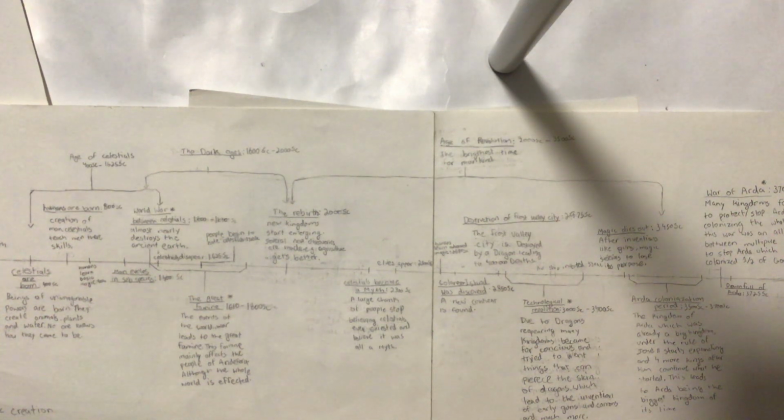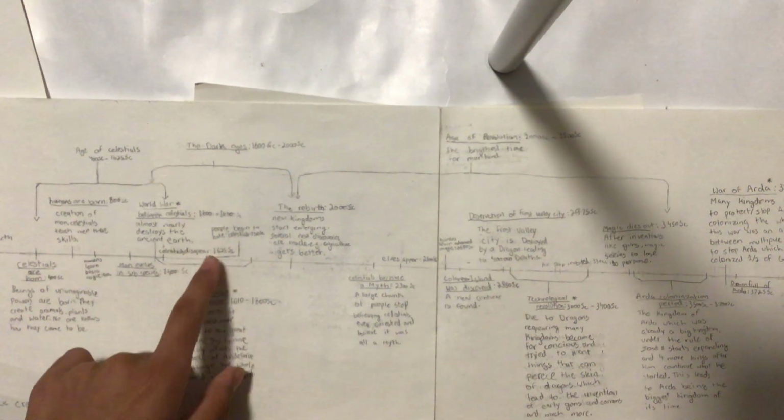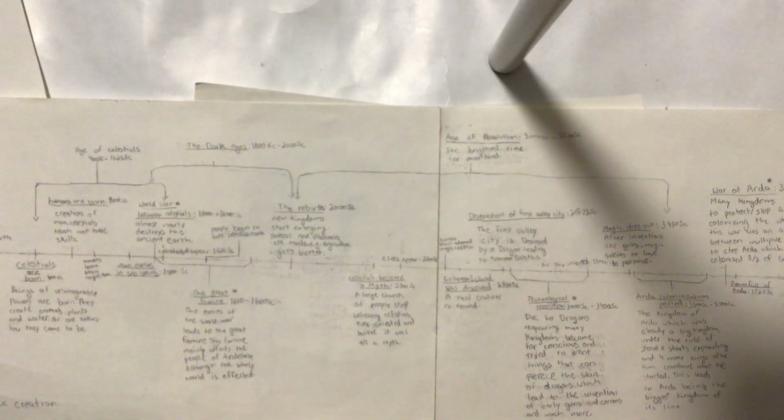Celestials. Oh, by the way, during the Great Famine, towards the end of it, people begin to hate Celestials because they used to worship them before, and now hatred has grown because they blame the Celestials for the famine, because the events of the war led to a famine, and it wasn't even the people's fault. It was just the Celestials fighting. I'm just trying to make it over, and the war is probably gonna be over something really simple like, I don't know, probably